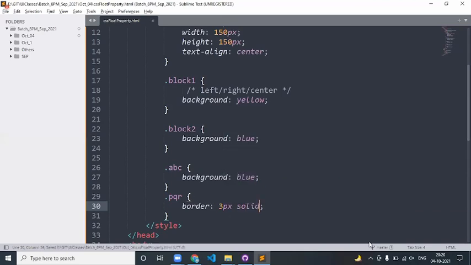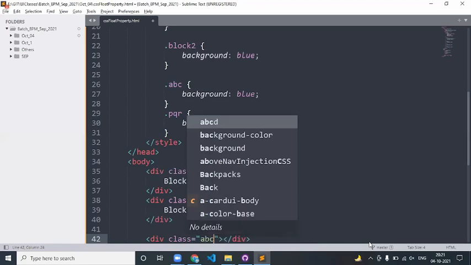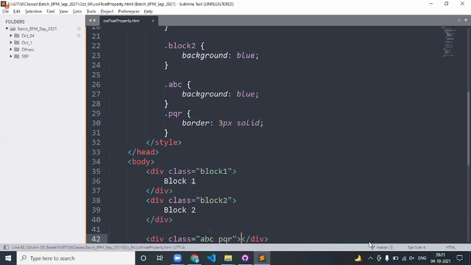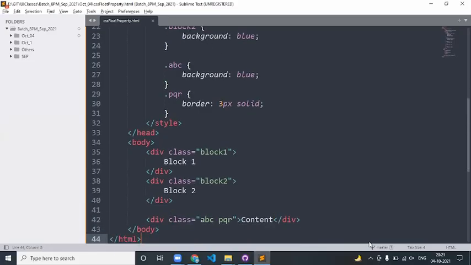Now at the bottom I'm creating a div tag having a class called abc space pqr, with some content. Save, come back here. Now this has got the blue background and the border is also coming. Super fine. Now what she's saying is, if I change the order, instead of ABC PQR, I make PQR space ABC,